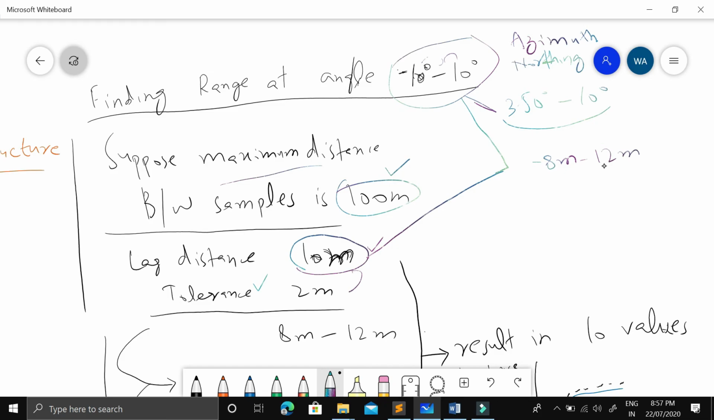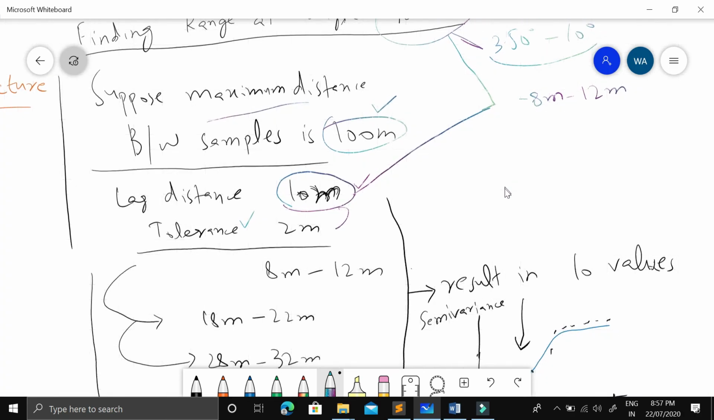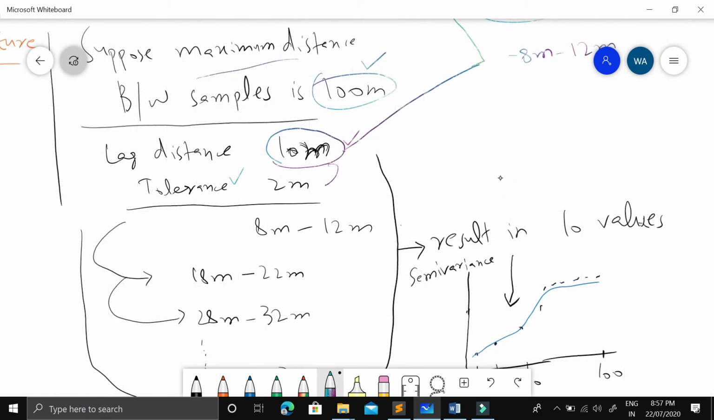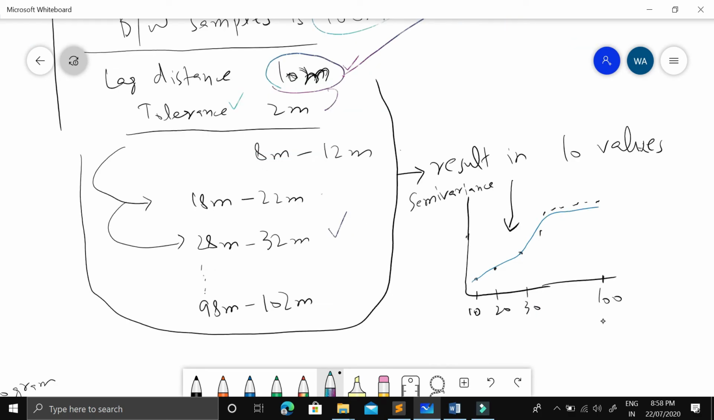What we mean is we want to extract pairs of samples which are 8 meters to 12 meters apart and having an angle of 350 degrees to 10 degrees with the northing. All of those pairs, we will extract them out and use them for semivariance calculation. Now, if the maximum distance is 100 meters, then we will also use the lag distance of 20 meters, then 30 meters, then 40 meters, then 50 meters, up to 100. So in that way, we will extract out 10 different values, and these 10 values will be called, once plotted,